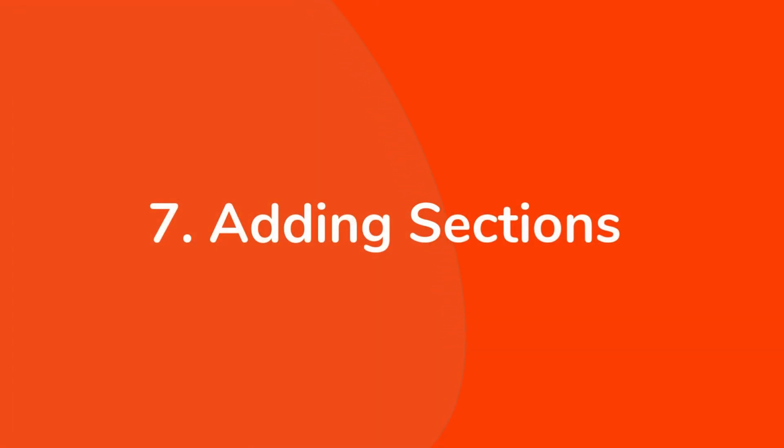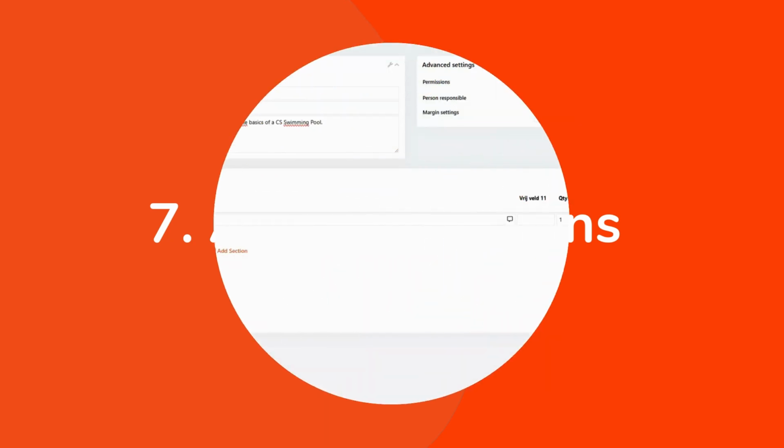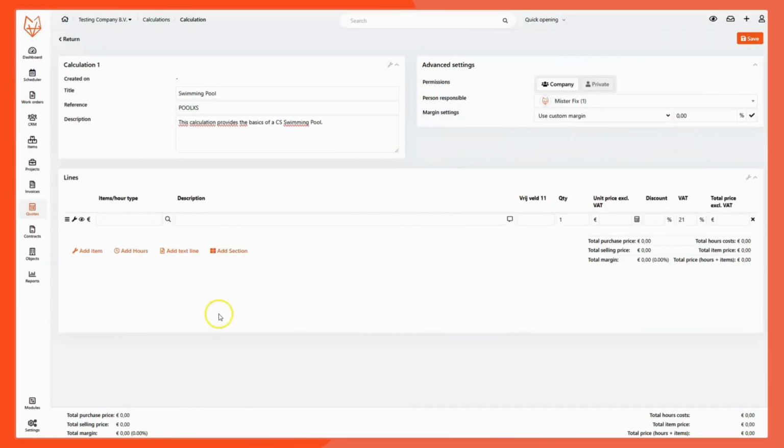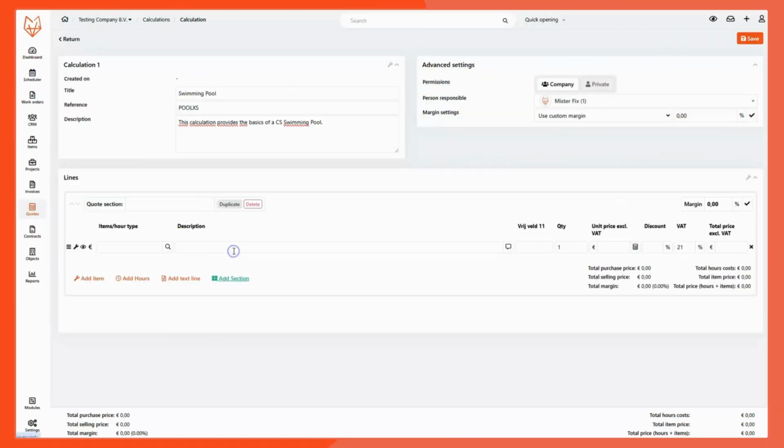Chapter 7: Adding Sections. In the calculation module, adding sections allows for better organization and clarity within your calculations, especially when dealing with complex projects. By dividing a calculation into sections, you can group related items and tasks, making the calculation easier to manage and